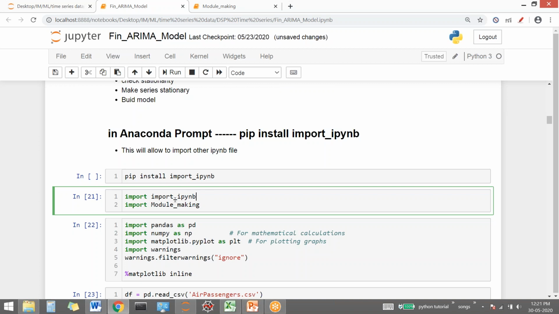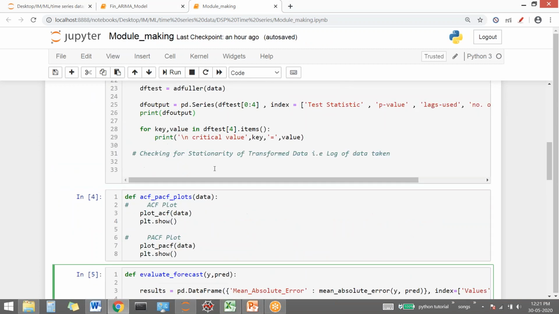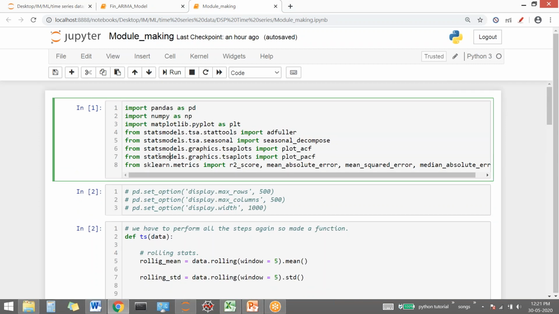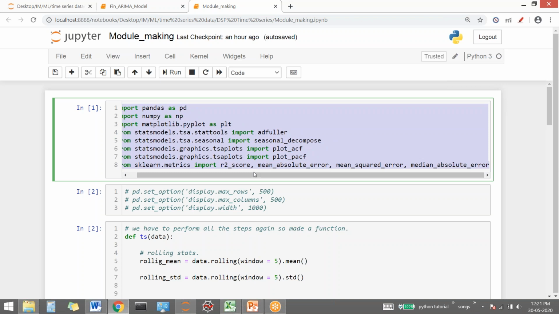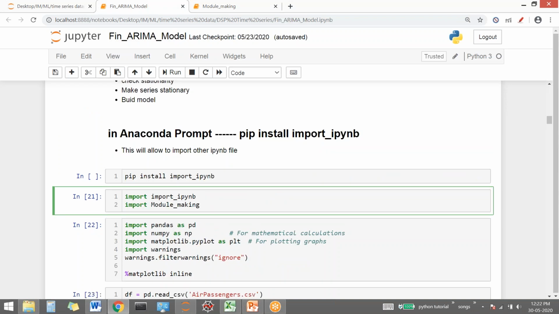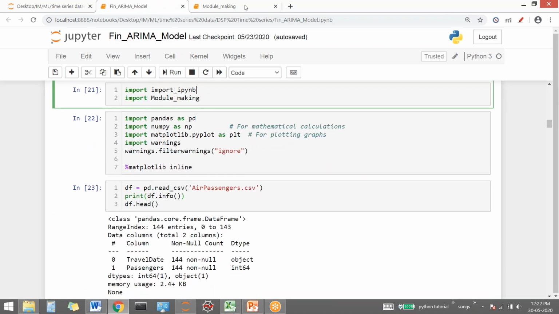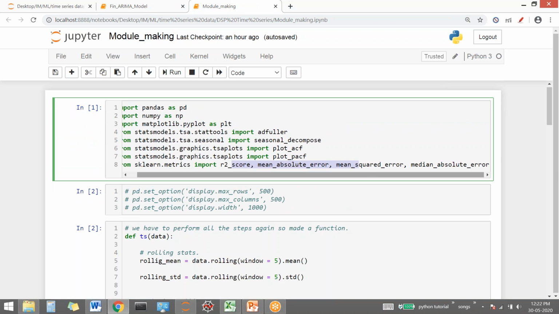Okay. So what module making is: module making is another notebook that I have already shared with you, where I have made imports for multiple libraries which we'll be using. I won't import these separately, like the ADF full test, PACF graph, R squared, mean absolute square. You see, we have not imported them here because in module making we have defined functions.